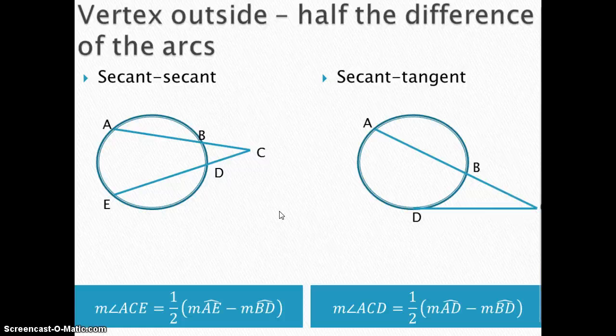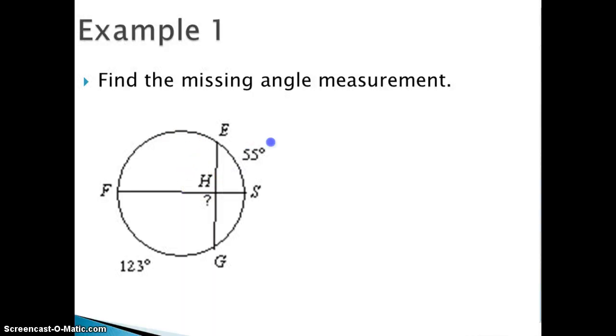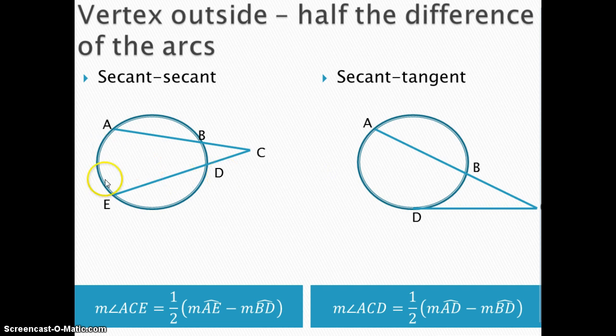So the first type is called a secant-secant angle, and it's made of two secant segments. Secant segments, just to refresh your memory, connect 2 points on a circle, and they're going to keep going to the outside. Now they intersect at point C, which is where the vertex is. It's outside the circle. So I take my arc AE and my arc BD, I subtract them, multiply by 1/2,